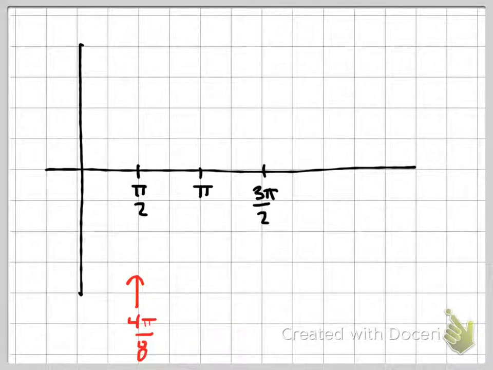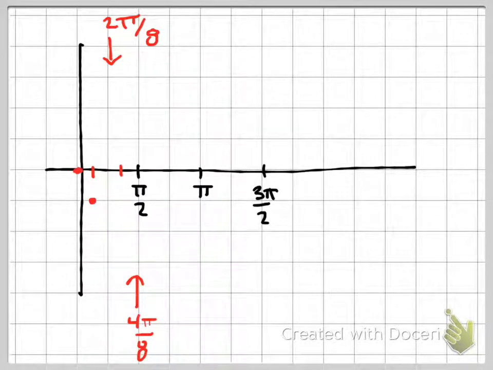Which means this location right here will have to be 2 pi over 8, which then you can assume that this will be 1 pi over 8, and that will be 3 pi over 8. And here's our 0. So this problem was a sine function, and it went down since it's negative, so I start on the intercept. My first value, which was pi over 8, which was located at this first tick right here, will be at a min,